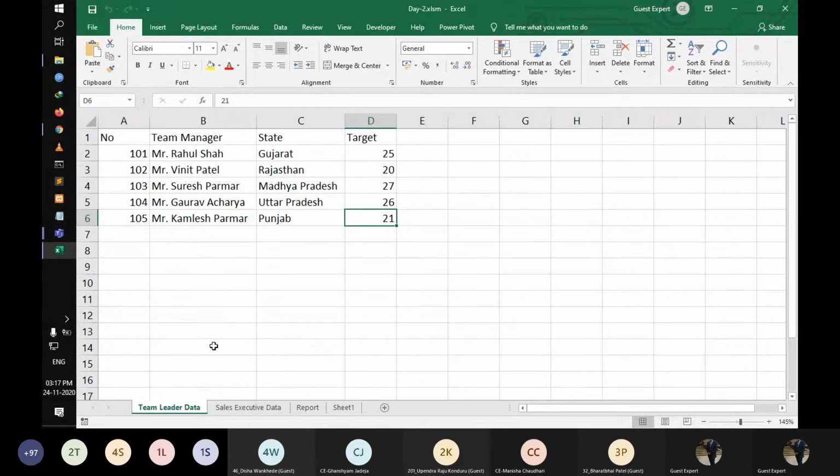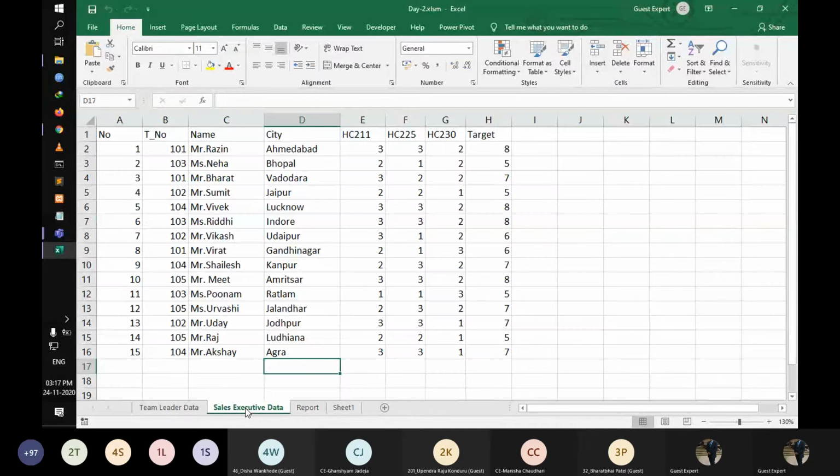In my first sheet, I am representing all the team leaders' data, and the second sheet is the sales executives. I have 15 sales executives. Mr. Razin represents team number 101, who is right now under Mr. Rahul's team.